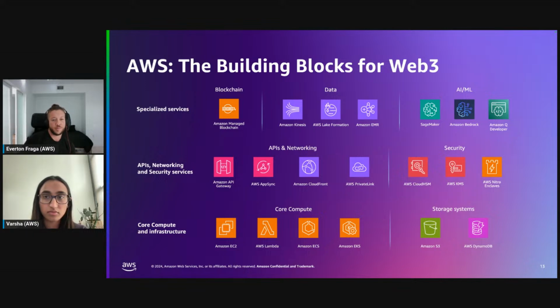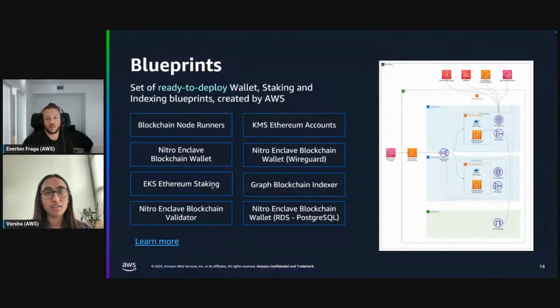So actually pretty interesting. And the Q Developer allows you to have basically a super smart assistant writing code with you and solving problems. That was a pretty exhaustive list, but that's it.